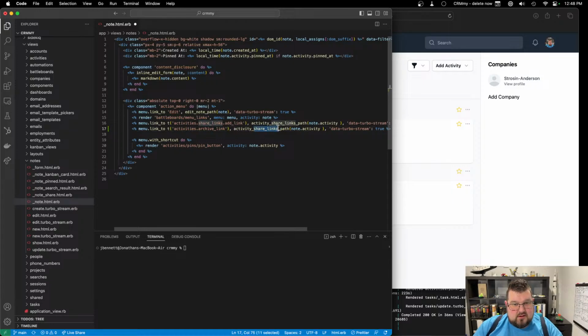So we're going to do activity path. This is going to be going to the note.activity. So let's change this to a button too. So there's a button to delete. It's going to be going to the activity path. The method is going to be a put,